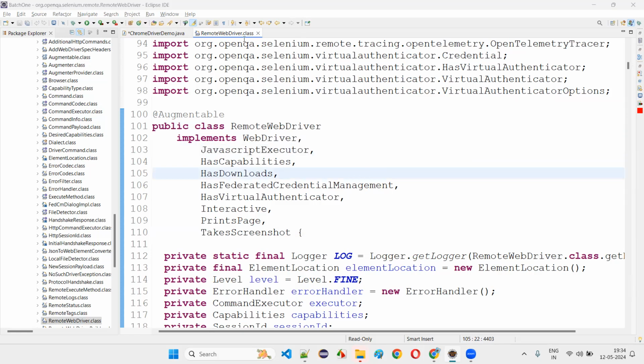So now, since remote WebDriver was a child class of the take screenshot interface, the predefined method of the take screenshot, that is getScreenshotAs method, was inherited by the remote WebDriver class. But coming to the